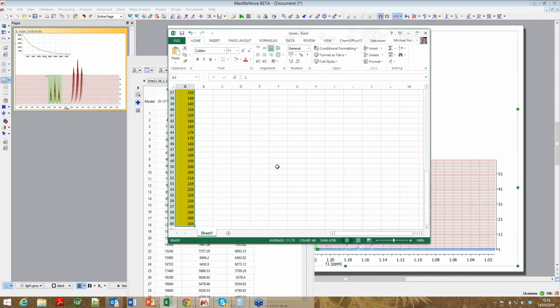So here we go. What I've done is to simply create the first 15 data points separated by 2 seconds, and then the ones after that are separated by 5 seconds. So you may have portions of your data which are acquired at different time intervals. So what I want to do is to select all of those, and I'm going to copy them, Control C,